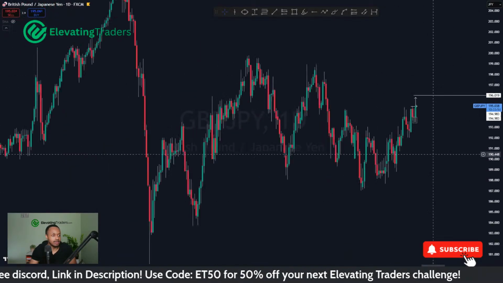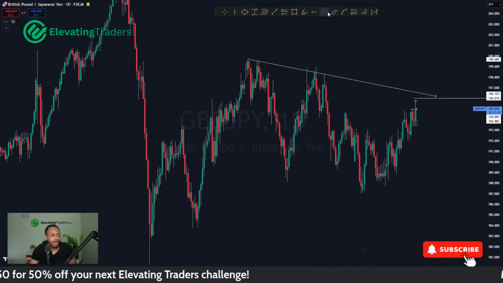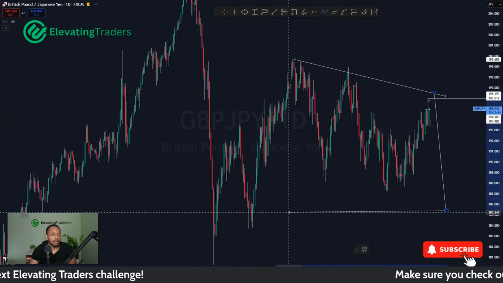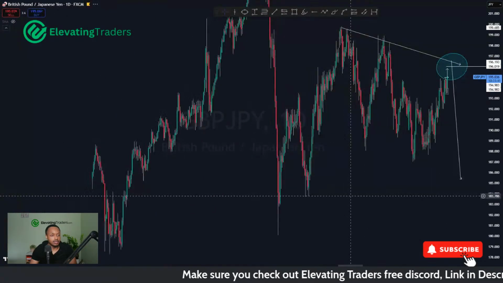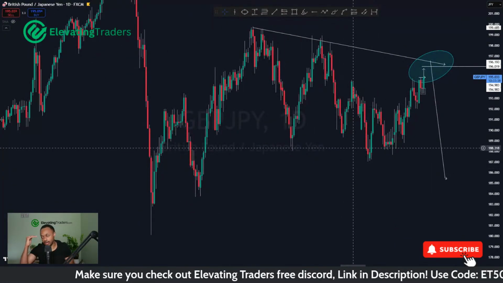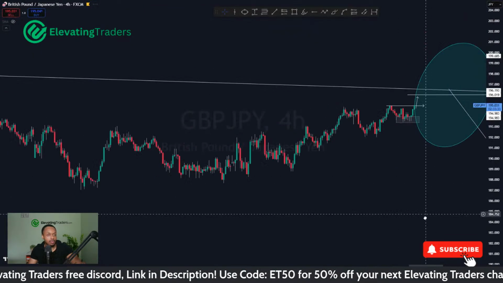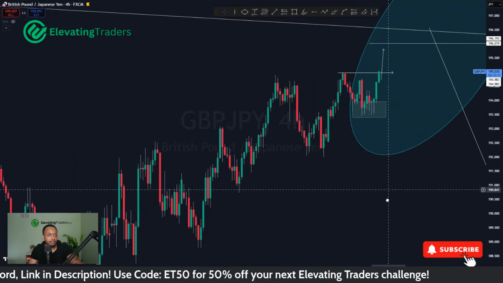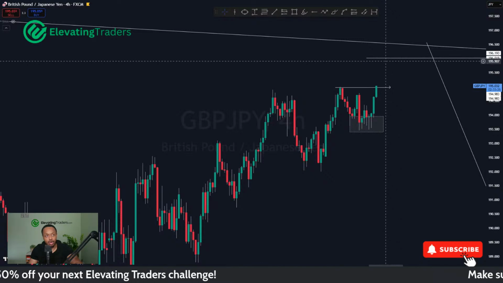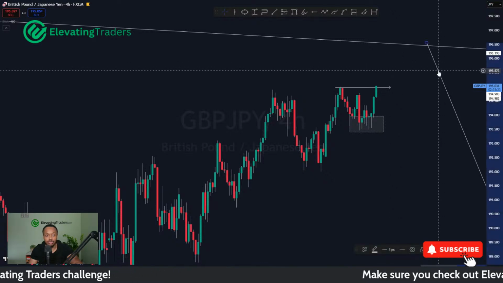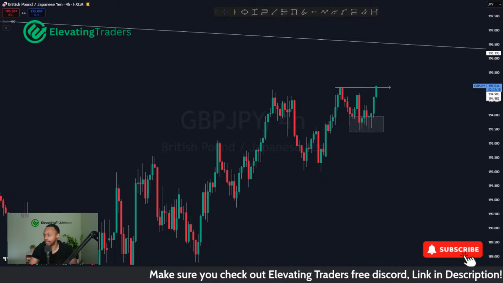I'm still looking at a big sell for pound yen, but we might still be pushing a little bit higher before that happens, and then we might get another sell from there. That's kind of what I'm looking at for pound yen. I do think there's a big sell to be had with this one, but I just think slightly higher prices can be expected, especially with how momentum's looking on the 4-hour chart as well. It's some nice resistance. If we can reject that, I do expect a bit of a drop, but I just wouldn't hang on to that position too long because I do think momentum in the higher time frames will probably eventually push us higher.